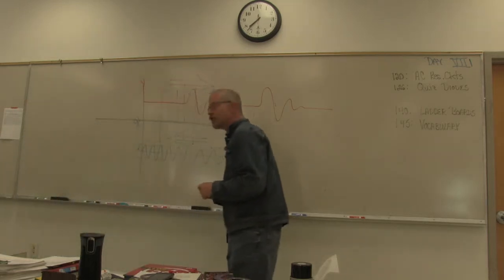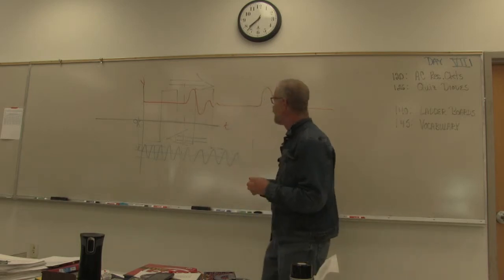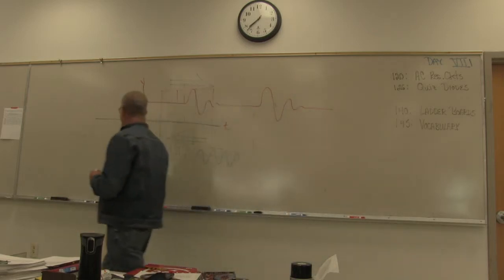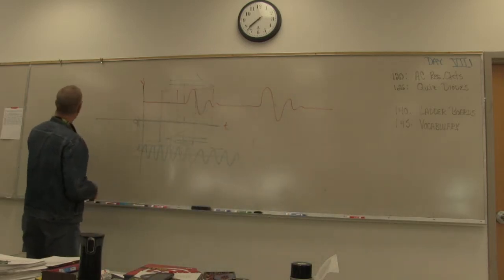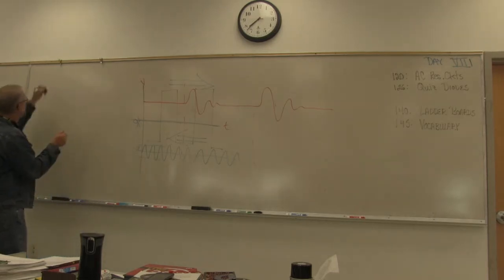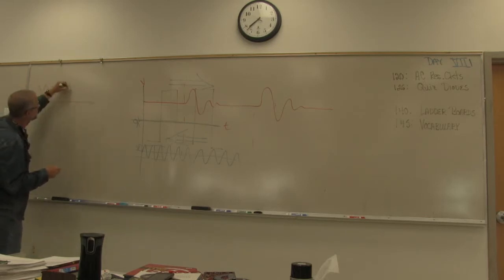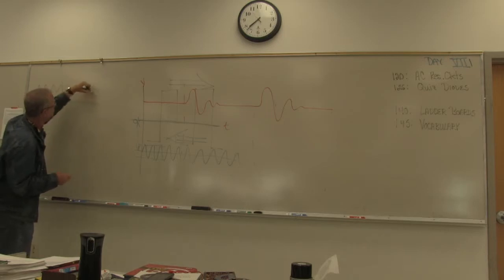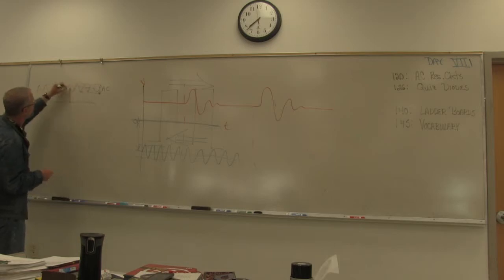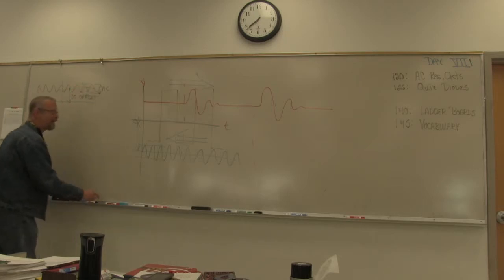And we're going to see that in third quarter when we look at transistor amplifiers. We're going to see that we have DC and AC. There's an easy way around that. And that is, if I have a combination of DC and AC, something like this, that gives me an AC signal and an affiliated DC level or offset. What can I do about that?